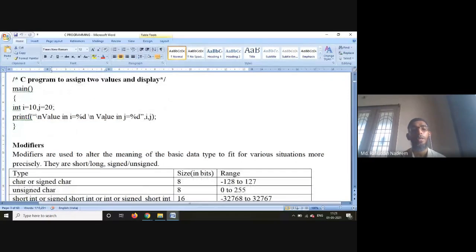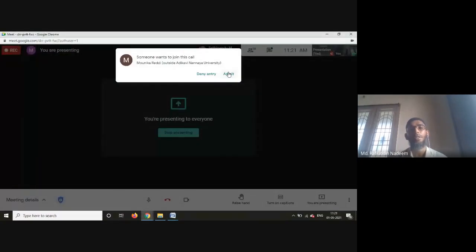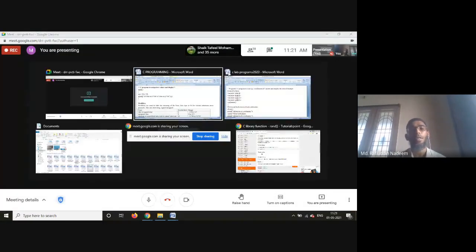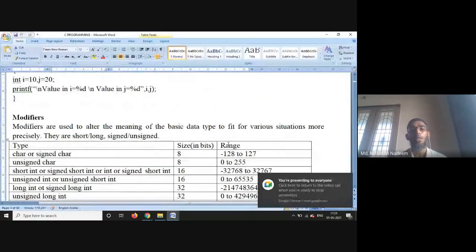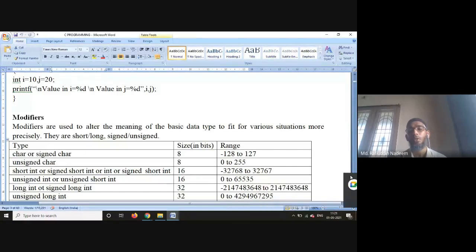Okay, they can be used only numbers between minus 32,768 to plus 32,767. So for that reason, we cannot accommodate much more values, so to get more higher ranges of values,